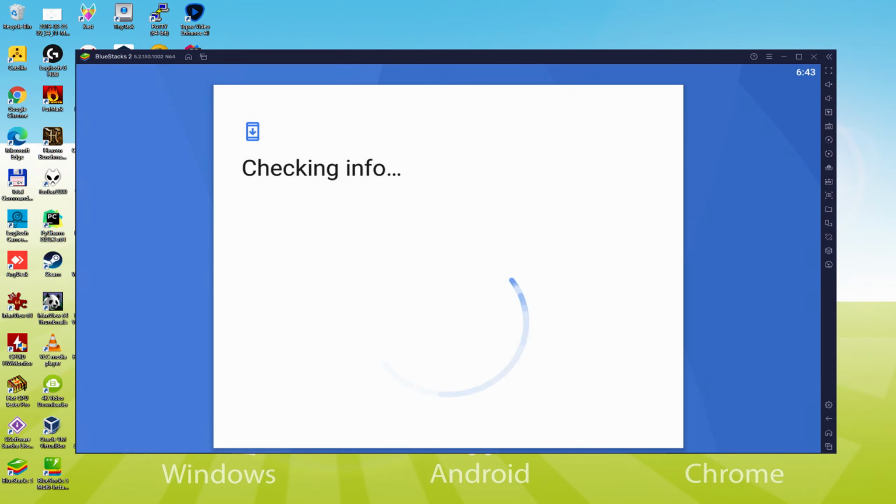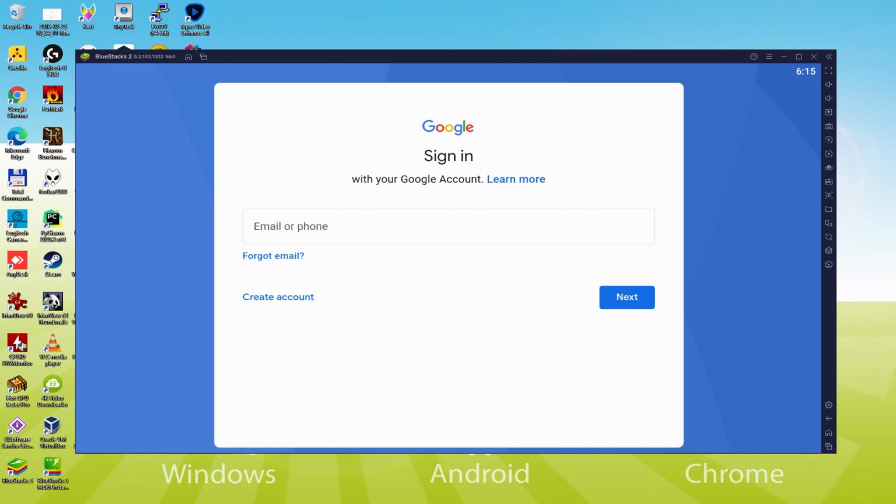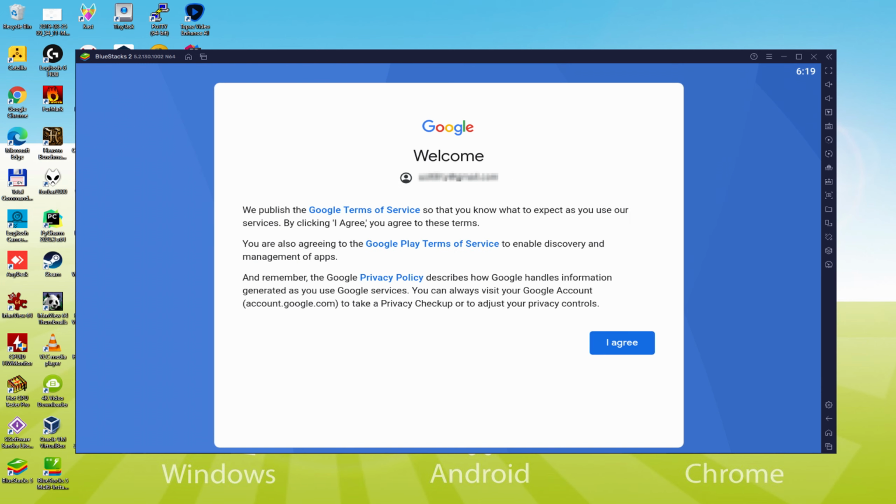It might occasionally get stopped at Checking Info, and it fails to move ahead. In this case, you should attempt to connect to your account after a number of hours and it will most probably be repaired. At this time we shall provide our email address and password. The email is required to be a Gmail email as well as its corresponding password. For example, you may use the exact same email you're using at this moment in your YouTube account. So I will provide my details and I'll return after I have done it. Voila! Information typed. Find out Google welcoming us and supplying us the terms. We will consent to them by hitting I agree.